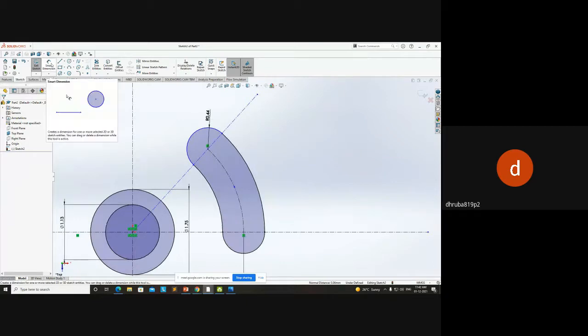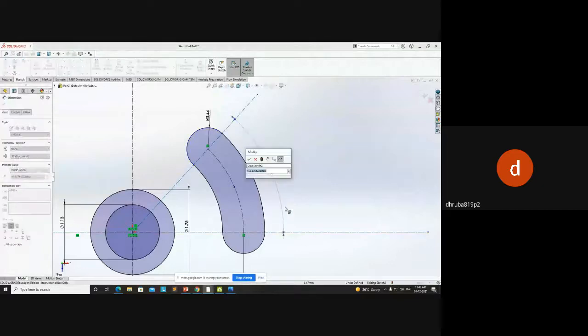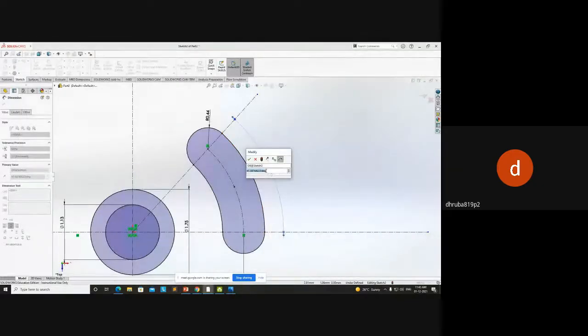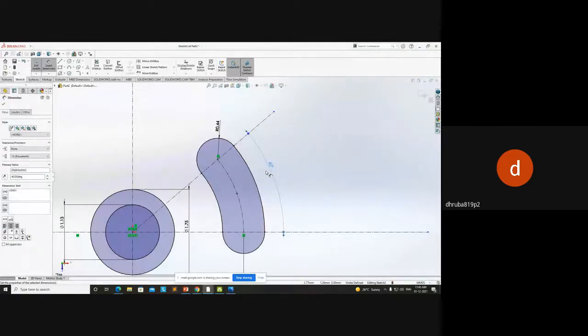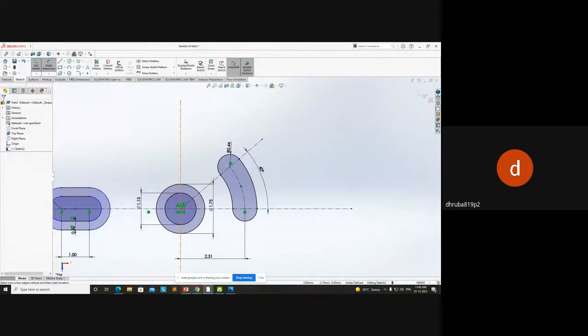So now I will change the angle by using smart dimension. Smart dimension would automatically detect that I have to take the angle between these two lines. Upon selecting, it automatically detects it. Click on it, click here, and we have an angle of 40 degrees. So next,